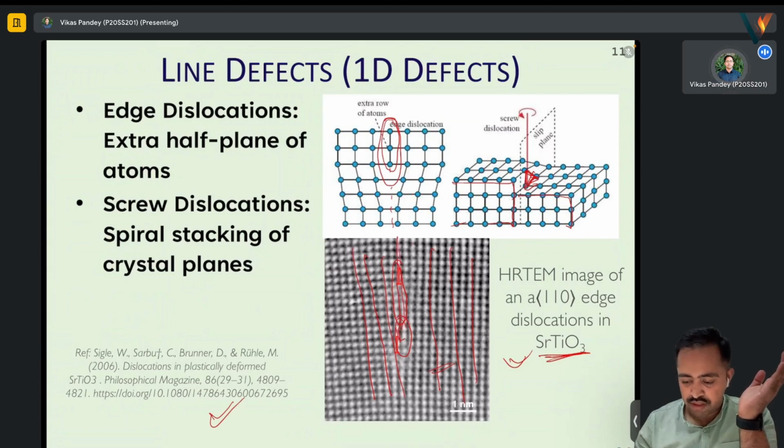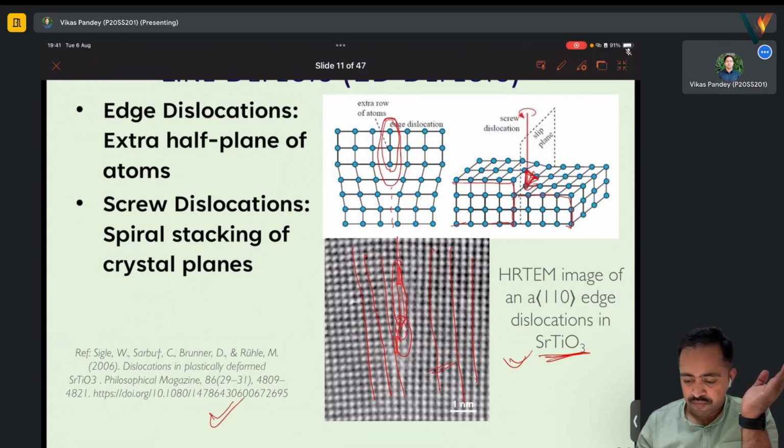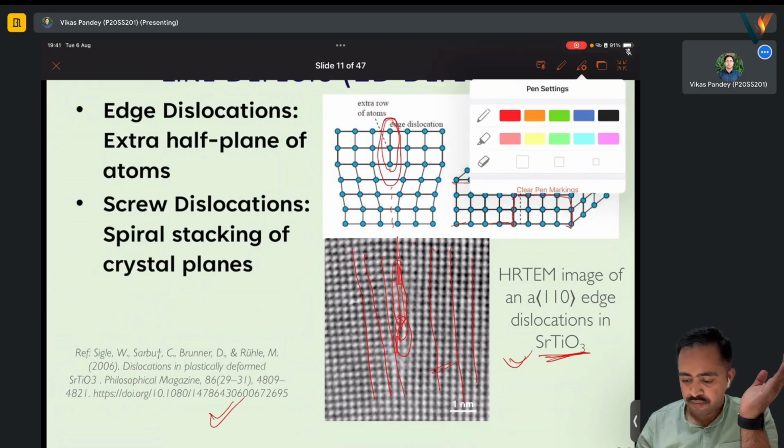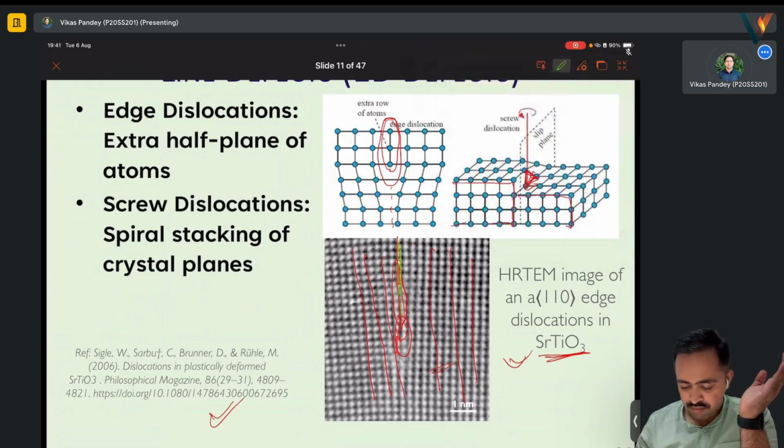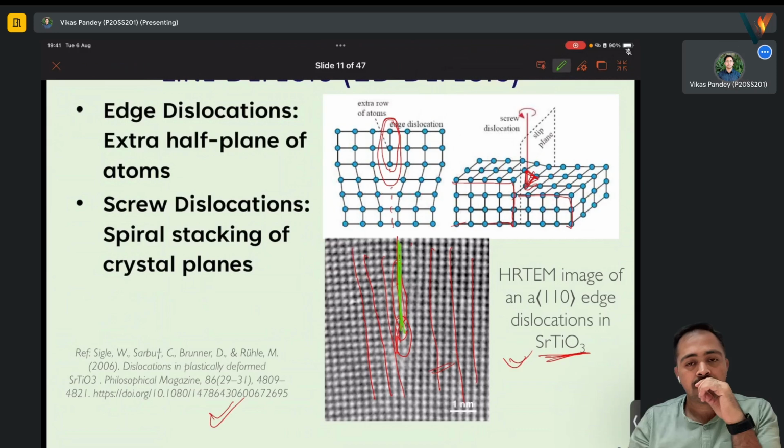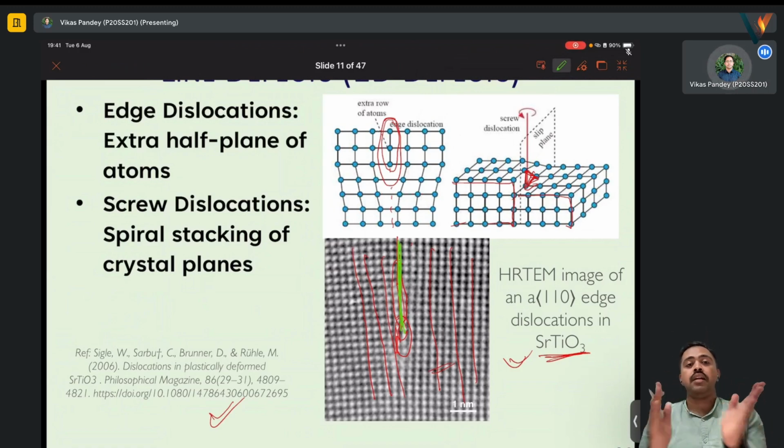Let me change the color. Some extra row of atoms has got inserted here in the crystal plane, leading to this edge dislocation. Okay,